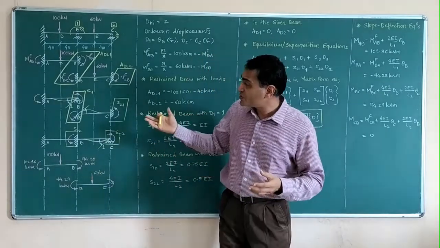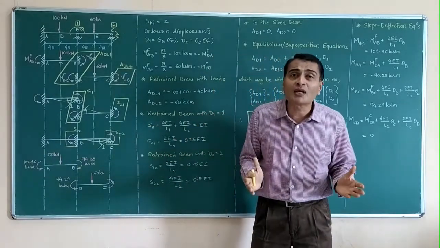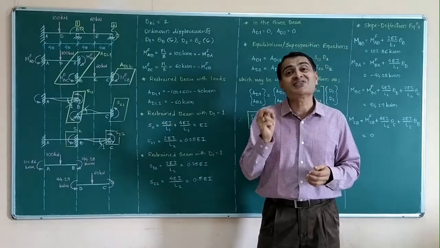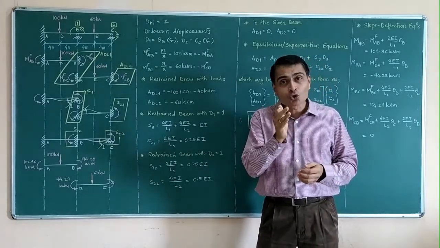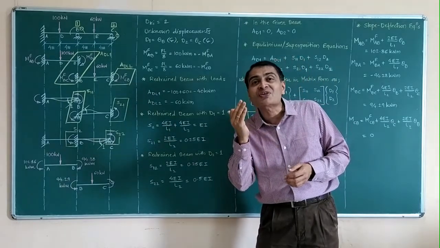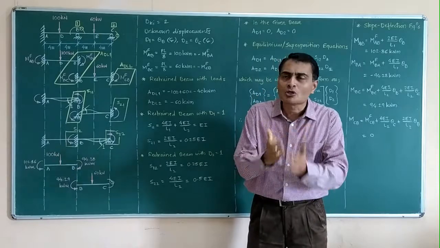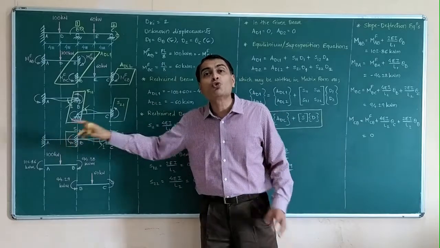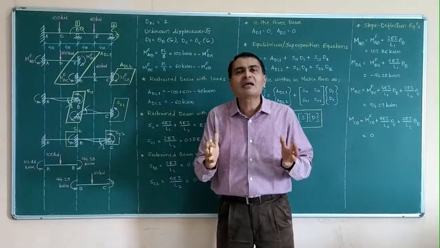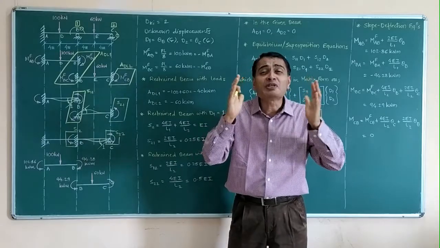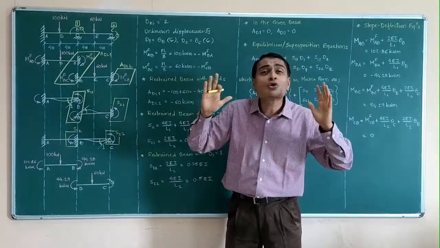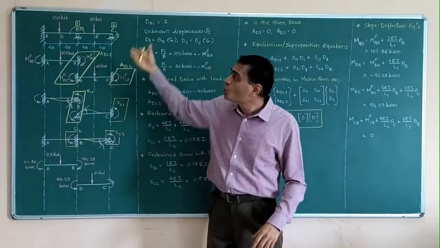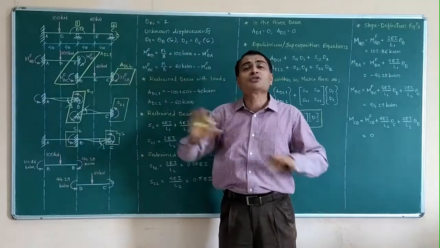So great, this is our stiffness method, and then for the first time today we are seeing the use of stiffness coefficients Sij. Stiffness at a node due to unit rotation at some other node or at same node. So that's why it is S11, S22, S21, S12, things like that. And at the back of your mind, keep this very clear that this is nothing but superposition. This plus this into D1 plus this into D2 should give me my original configuration. That's all.